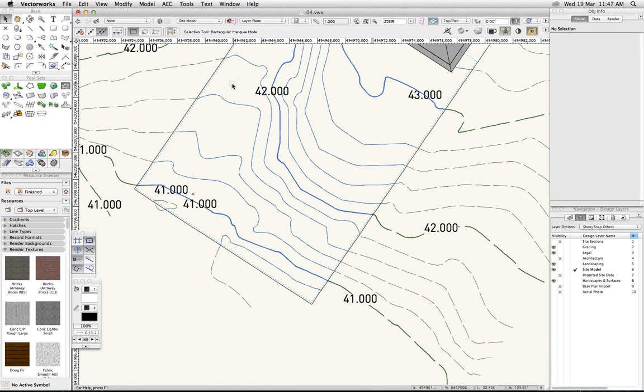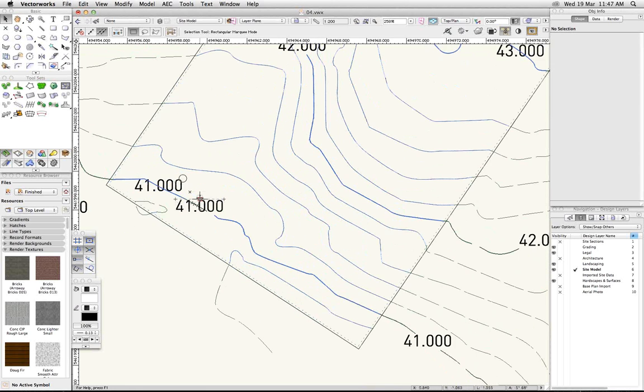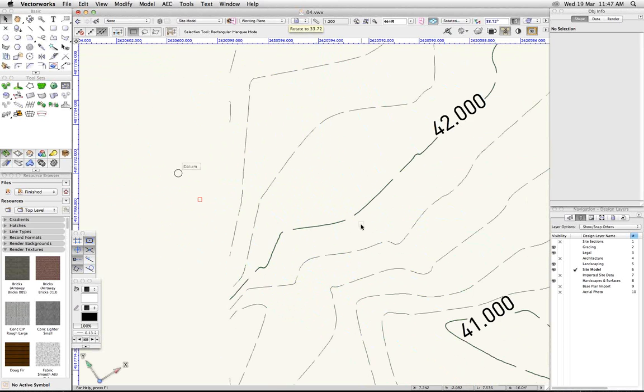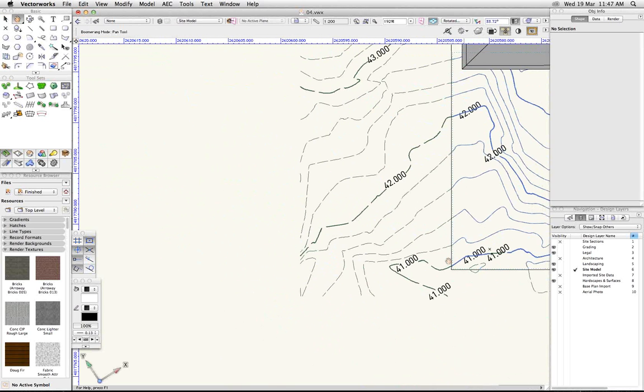Okay, so in spite of drawing the model in the other file, I need to look at the elevations and the places that the overall finished grade of this house as it sits here. So I've given myself a little starting point, and